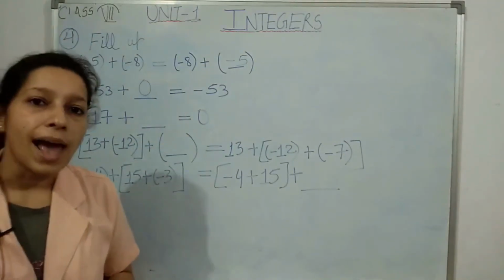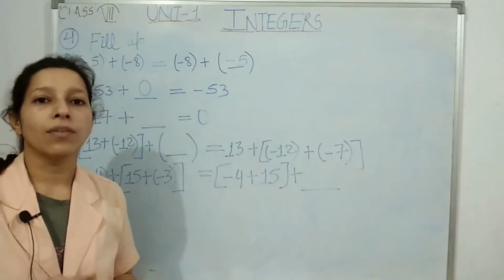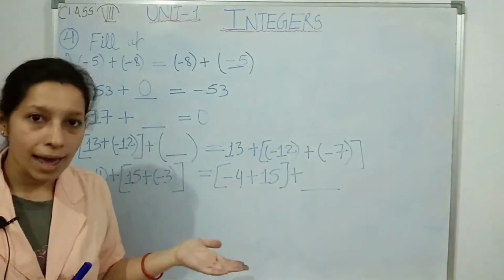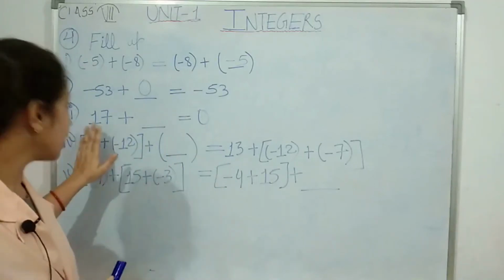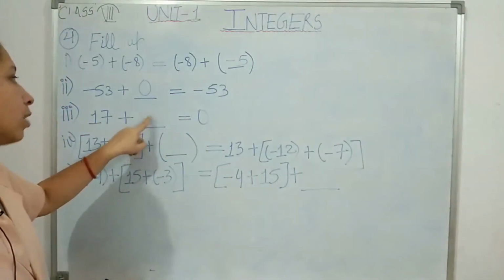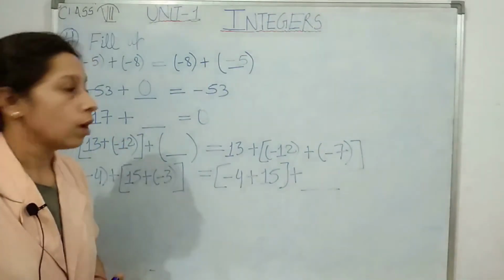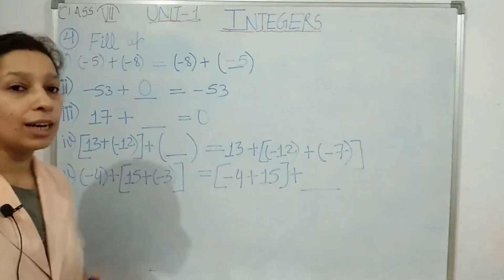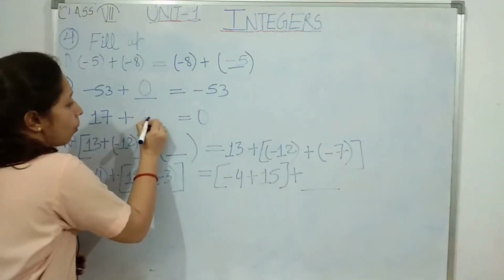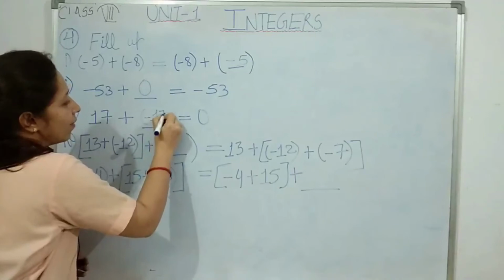Third point, 17 plus something which will be equal to 0. Now whenever we add a number to the given number, can we get 0? No, we will always get a higher number. But here it is proved that LHS is equals to RHS. Something you have to fill here so that the statement becomes true. So what can we add with 17 to get 0? We can add its inverse. Inverse means opposite, minus 17.